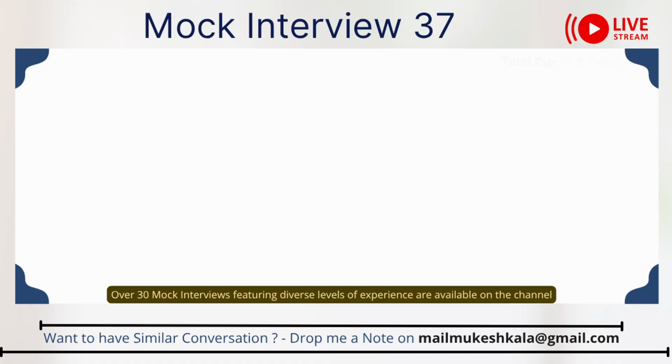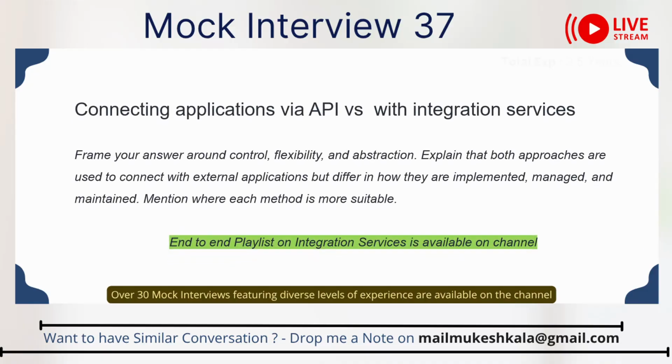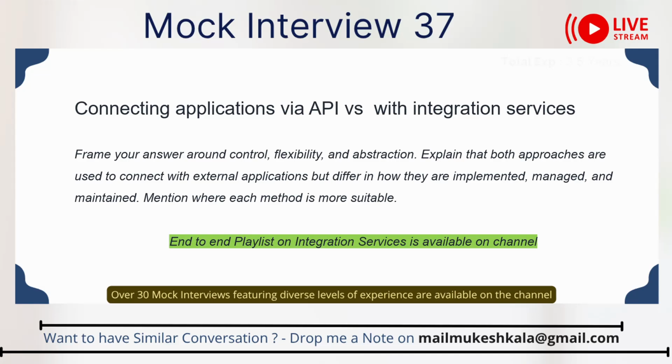Now, you mentioned that you are connecting to your application with the help of APIs, right? UiPath has also got a product which is called UiPath Integration Services. Have you heard of that? Yes. UiPath Integration Services also connects to the application, same like you are doing, right? So what is the difference you see in connecting to an application using integration services versus using the traditional HTTP request? Is there any difference?